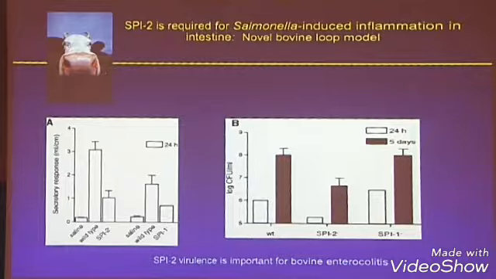So to confirm it, at the time, we turned to another animal model that's used to measure gastroenteritis, and that's a bovine loop model, and Brian Coombs was involved in this. And up until the mouse model, this was really the only model for studying the role of Salmonella in gastroenteritis. These cows get gastroenteritis. You then just basically measure the fluid that accumulates in these loops.